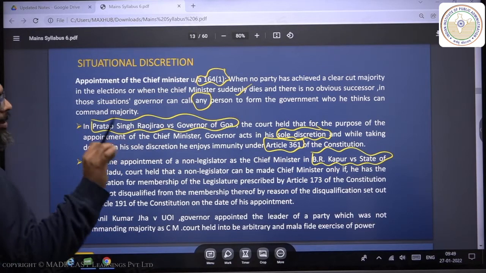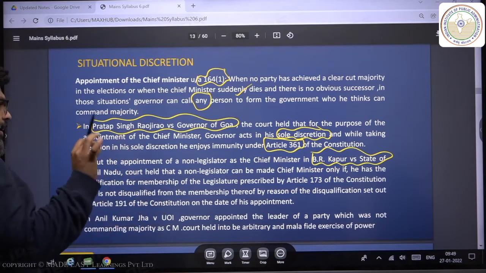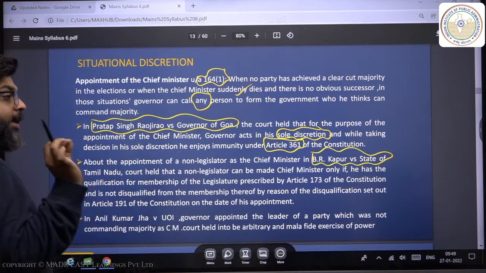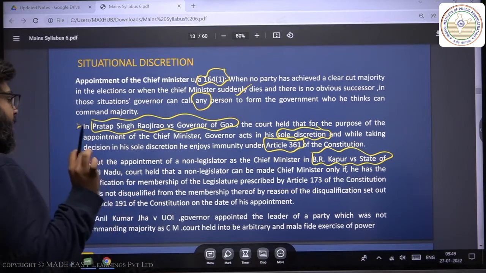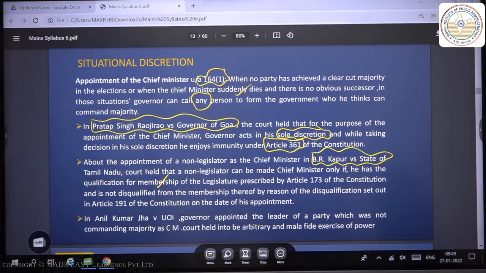A person who's not an MLA or an MLC can become a CM, and that's absolutely not an issue, even in a situational discussion, as long as you are eligible to become an MLA under 173 of the Constitution, and you're not disqualified,